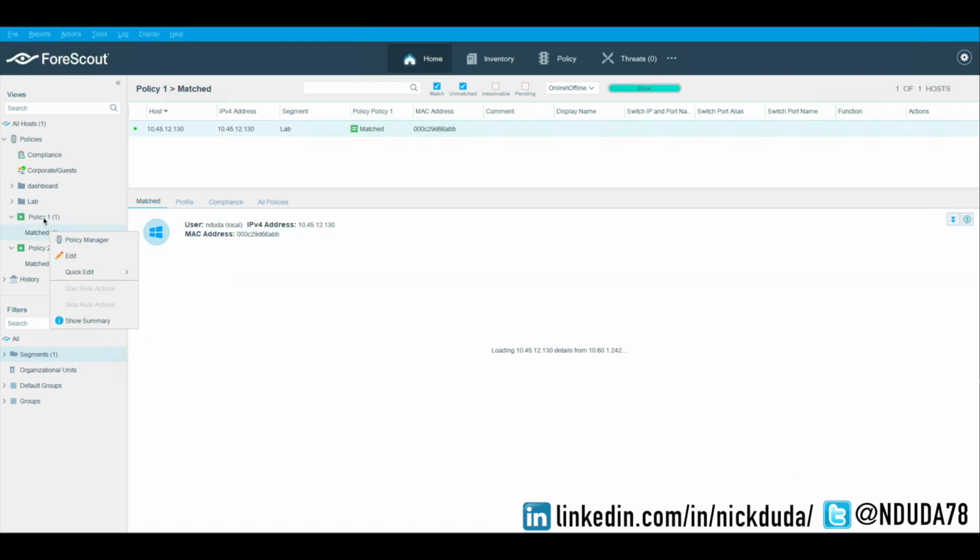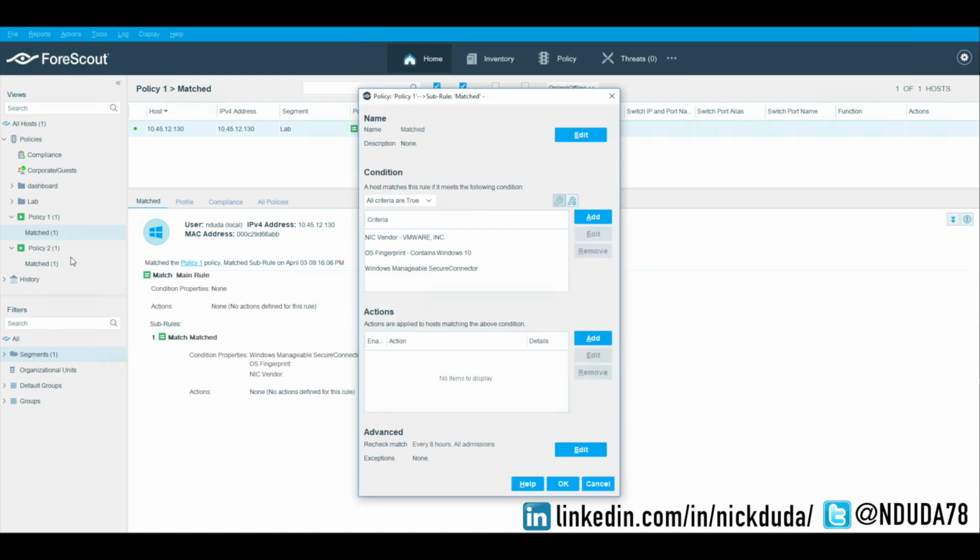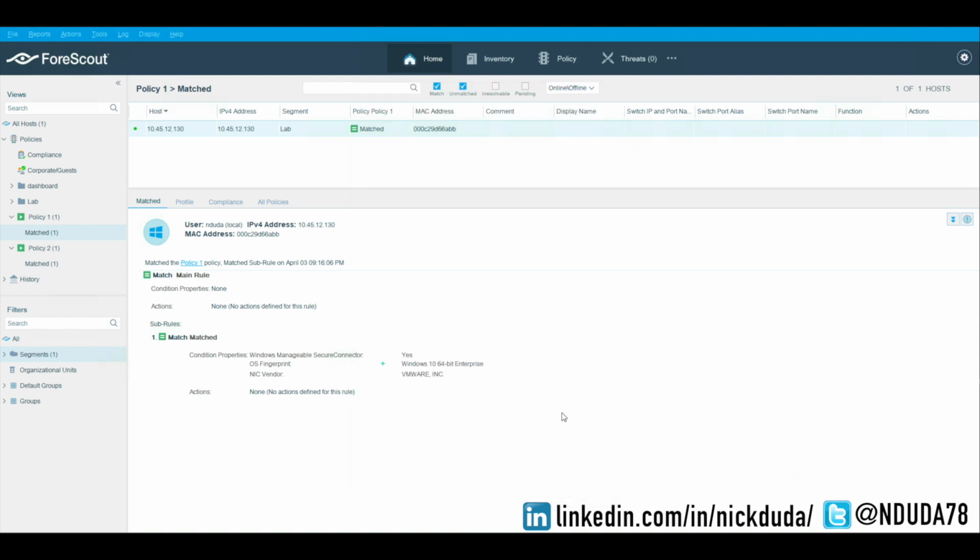A common thing that I do when building policies is I will have a series of conditions that I commonly use across other policies. So for this example, on policy 1, I have a subrule where I have 3 conditions for matching a host. They're super simple. I'm looking for any hosts that has a NIC vendor of VMware, an OS fingerprint that contains Windows 10, and finally, if it's manageable via secure connector. So if we check out the result of that, we can see I have one system that's matching all 3